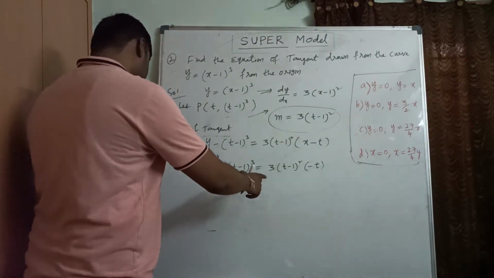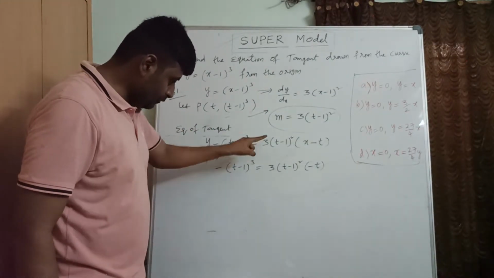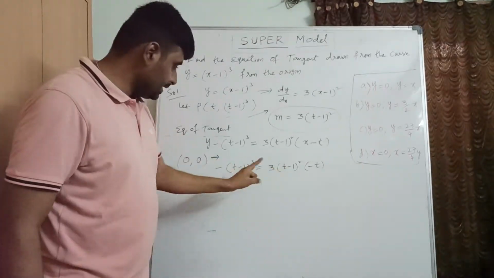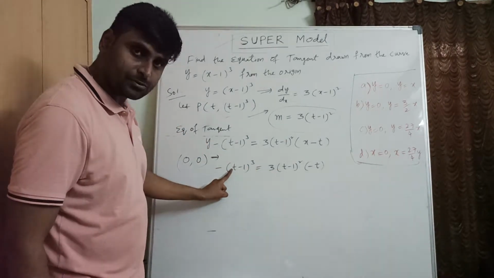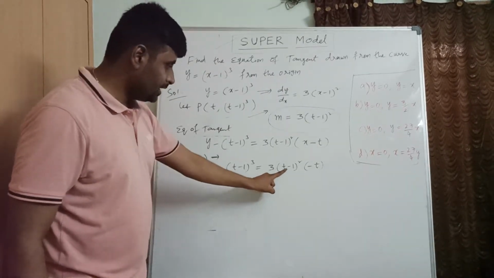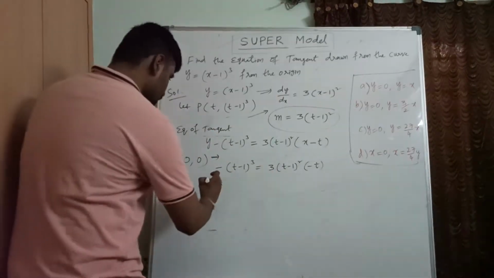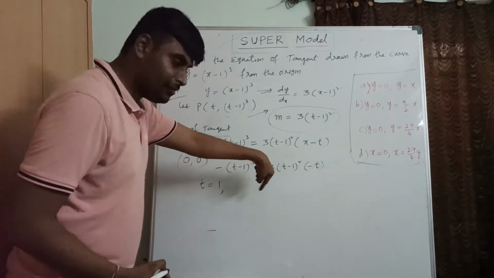So from this, what are the possible values of t? Can I put t equals 1? Before cancelling, we should not eliminate (t minus 1). t equals 1 is the correct option. See here, t equal to 1, if you substitute, 1 minus 1 is 0. Here also 1 minus 1 is 0. So both sides we will get 0. So t equal to 1 is a root. By taking one root, now we can eliminate.